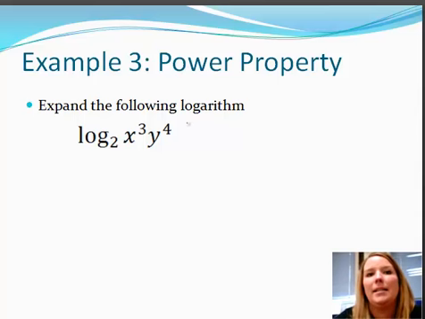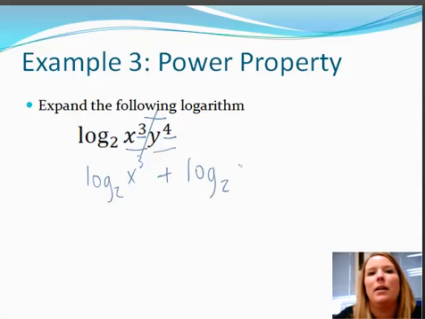Alright, to expand this, there's several things happening here. We have a power of 3 on the x and a power of 4 on the y, but notice these are also being multiplied, so we're going to have 2 steps in this one. So let's go ahead and split it with the multiplication. So multiplication means we're going to add, so we're adding. So we're going to have log base 2 of x to the 3rd plus log base 2 of y to